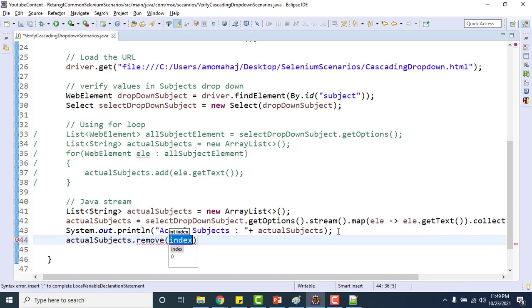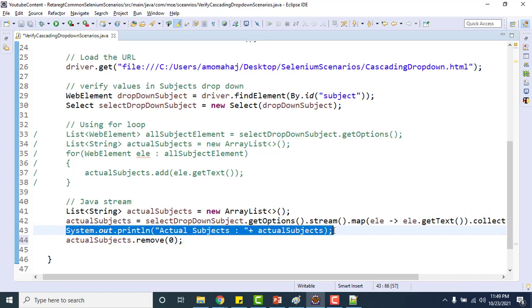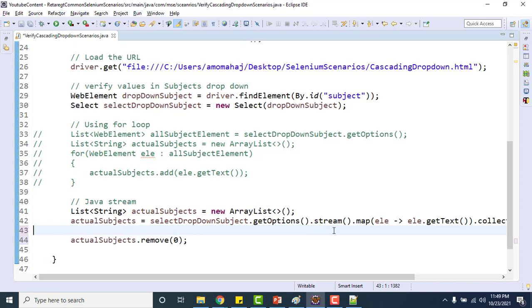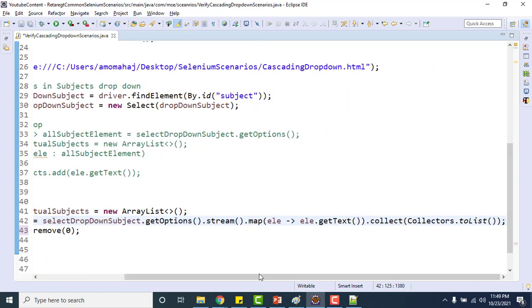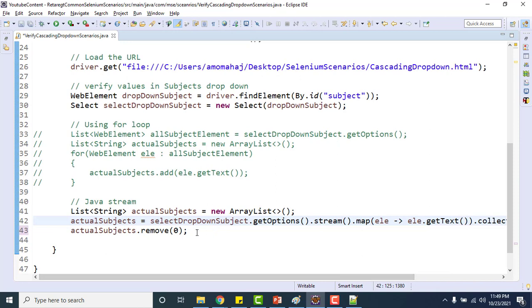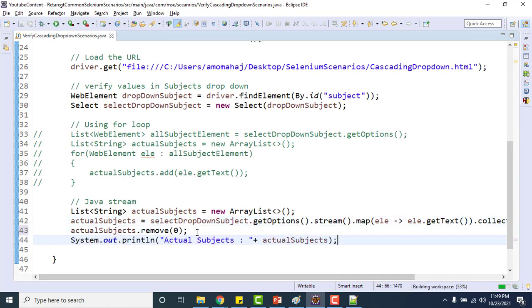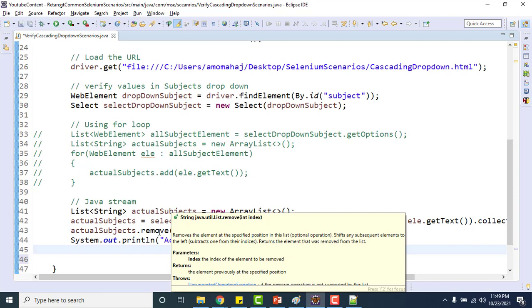The first one, so I'll use the 0 so that it will remove the default option, right? Because that I don't want. Perfect. So now what I need to do, I want to assert that whatever subjects are coming, those are expected.